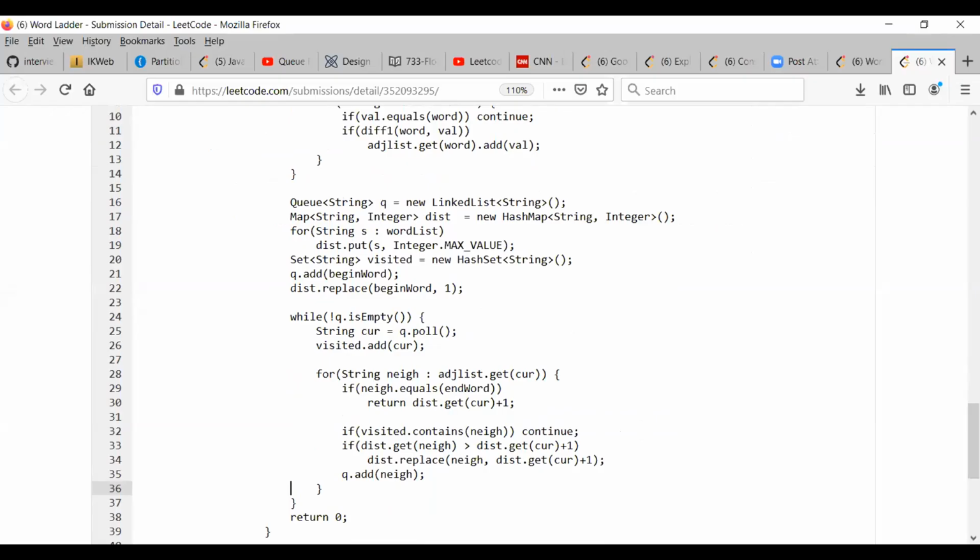Okay, so you always form it when you visit that level. Don't create it beforehand. Yeah, that is what I'm saying. I have to do that same thing at 27 then. For example, if we have hit and the next one is hot, after hot we need to find the next neighbors, right? So I have to do that at 27. The same issue will come: suppose 1 million words are there, and suppose 2-3 are visited, then in that next level we may have to visit approximately 1 million again, if we build for only one begin word initially.